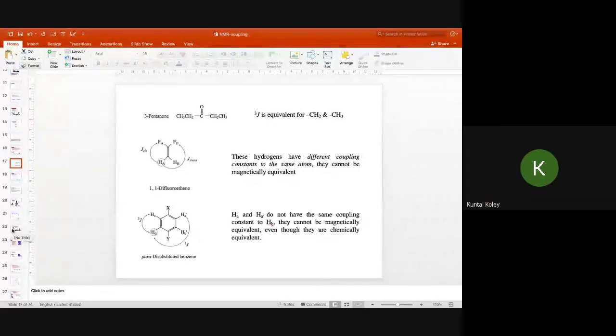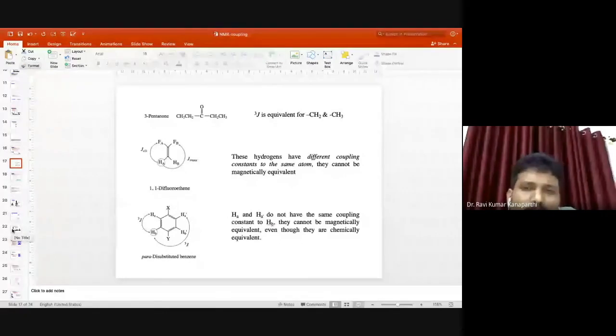Okay, sir. It varies between those numbers usually, but there are always some exceptions. That is for the proton, and if you are talking about carbon and proton, those coupling constants will be different. So, as I told you, the coupling constant depends upon the number of bonds and various other parameters. So we have to be very precise, and we can't just say it is a J. It is a 3JHH or 3JCH, or NH. So these are all the